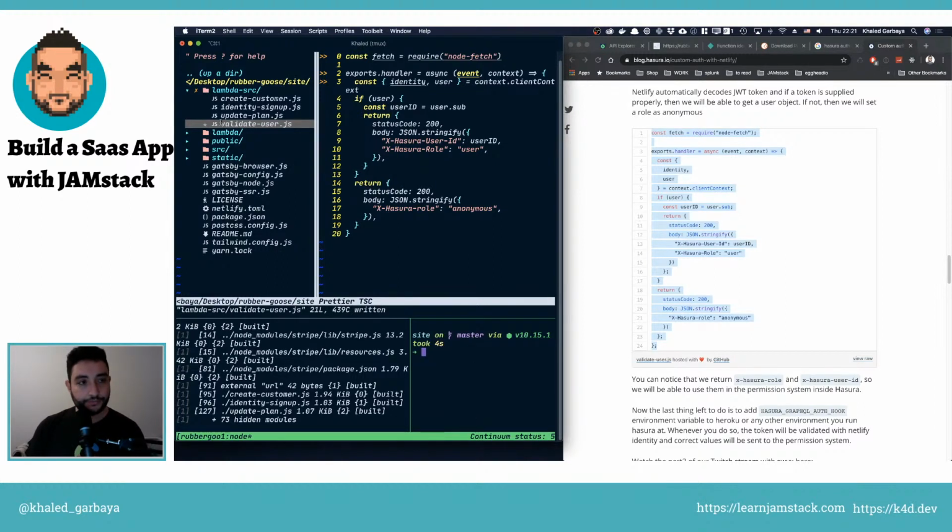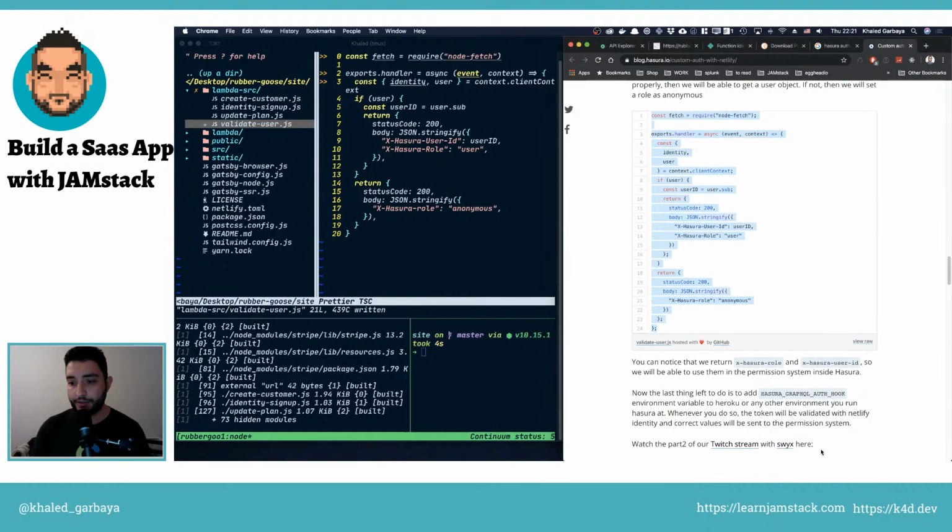Okay, so we have this validate user, and they said, okay, Hasura GraphQL auth hook. So this one,